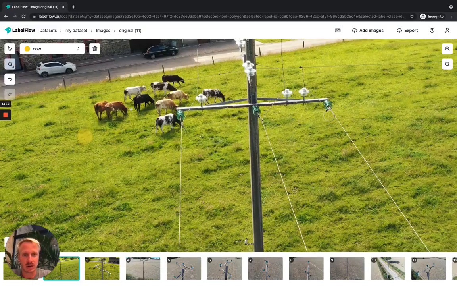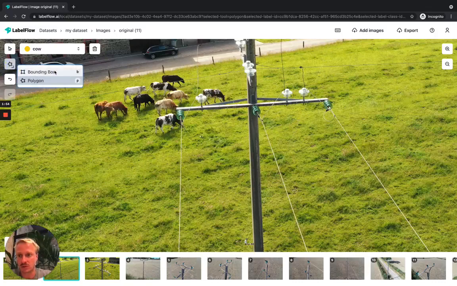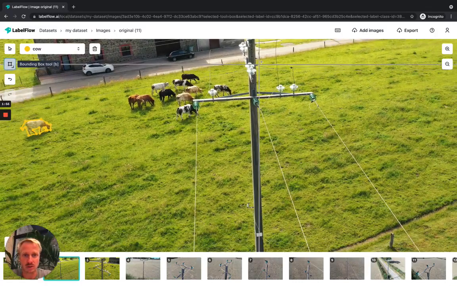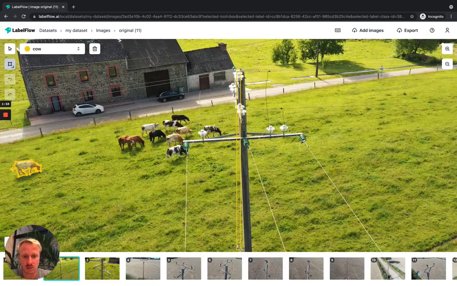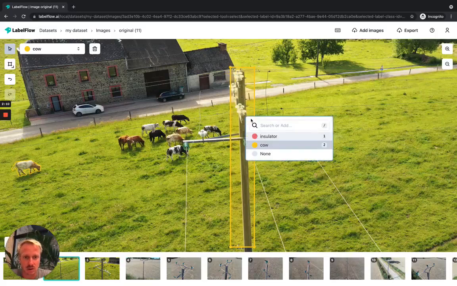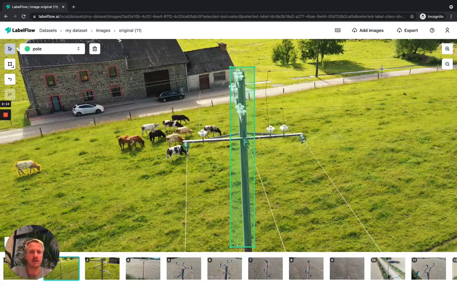Now maybe a last one, I'm gonna use a bounding box around this pole. And here I've made a mistake. So I'm just gonna hit V and extend my bounding box so it covers the whole pole. So pole, right click, and now that everything is done, you can check the taxonomy, the classes